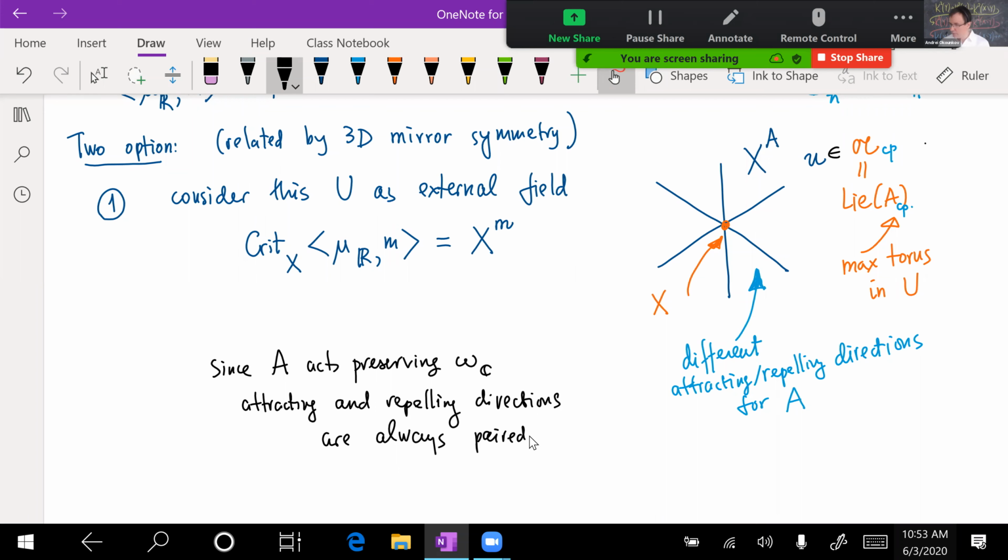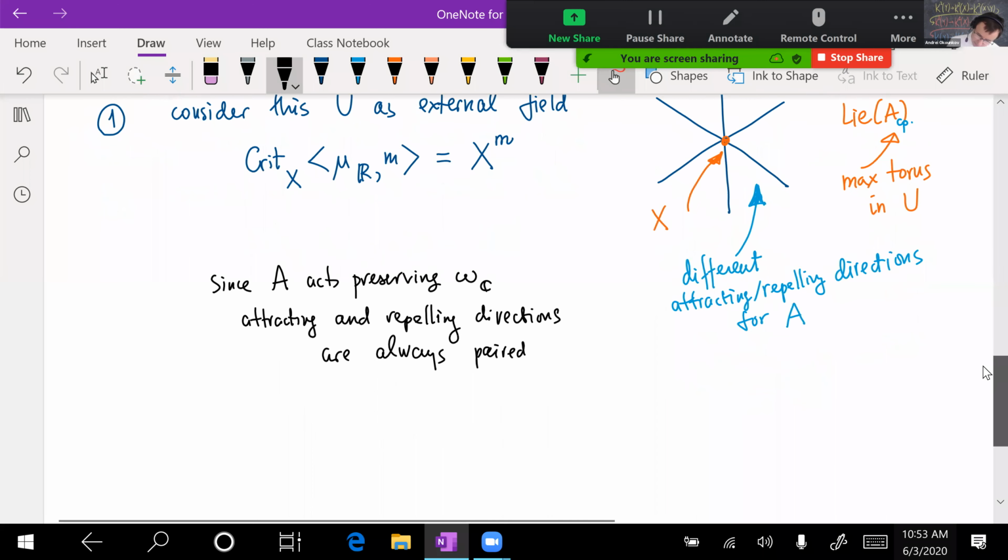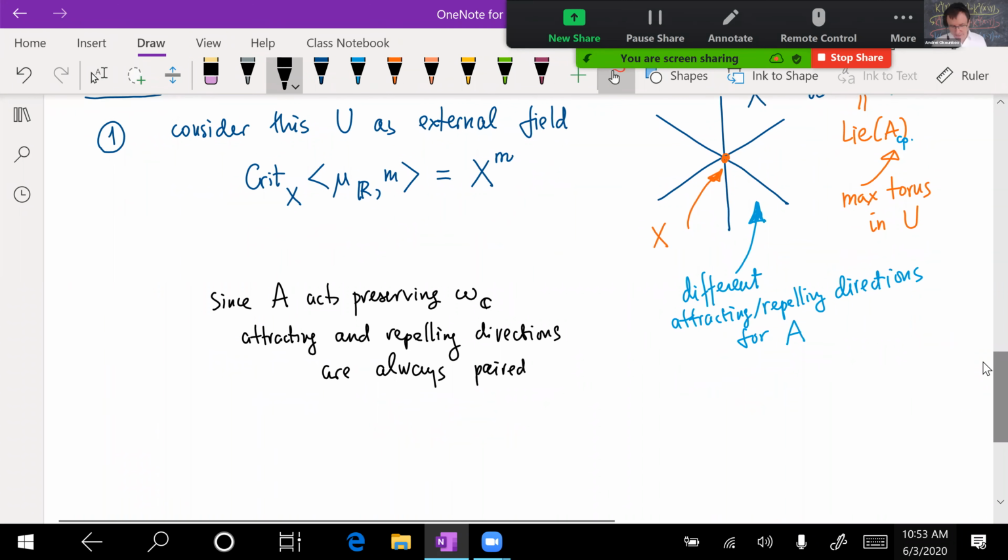So you get the same number of attracting and repelling directions, just which are attracting and which are repelling changes. And so then what we would like to have, remember, we decided that if you have some external field and that external field goes through some critical value, then you get more physics at the critical value, less physics at the actual point which you were